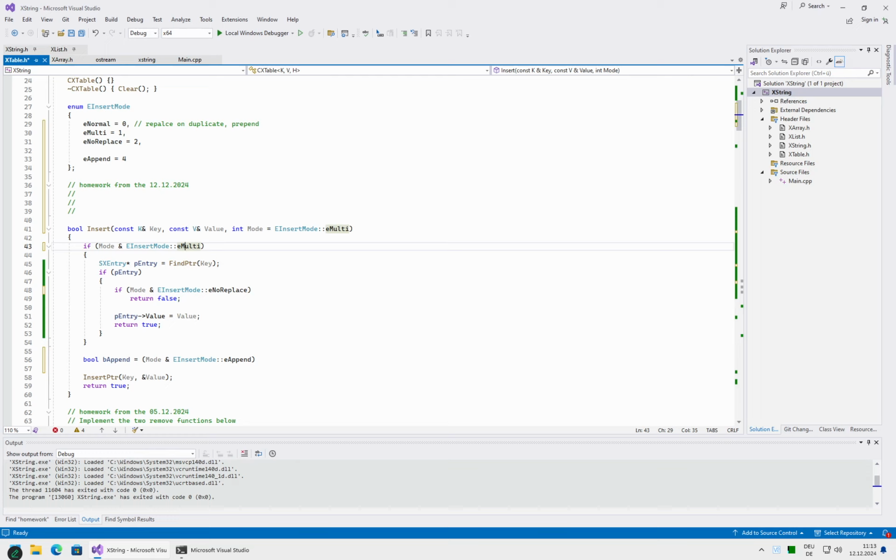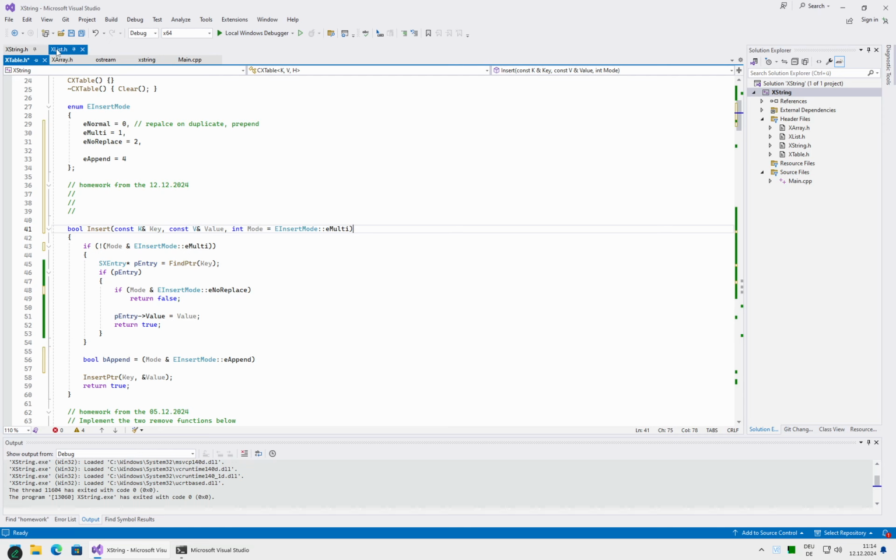oh, actually this is not correct. This must be null, or just exclamation mark this. Right, so if multi is not set, then we do this. If multi is set, then we do that. And if we do this, we either, if we don't find it, we still do that, and then the rest works. And if this is set, then return. Yeah, now it's fine. Okay, now, and the append is set if the append flag is specified, so we would